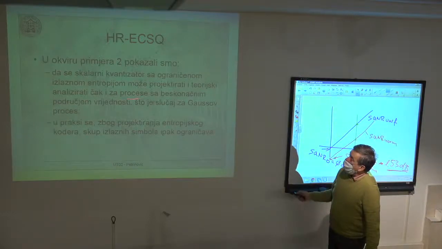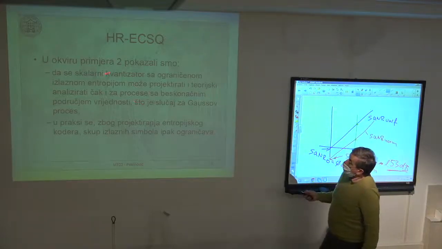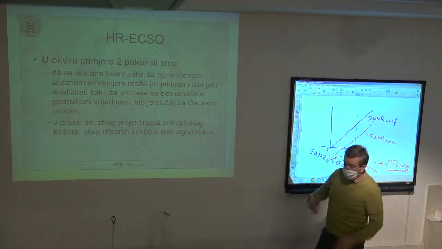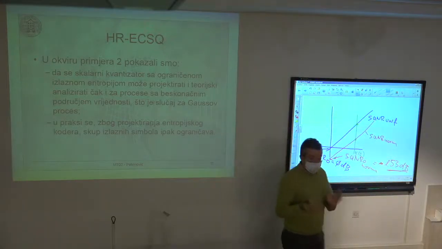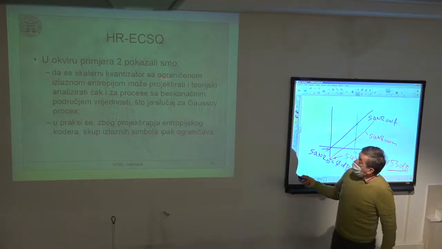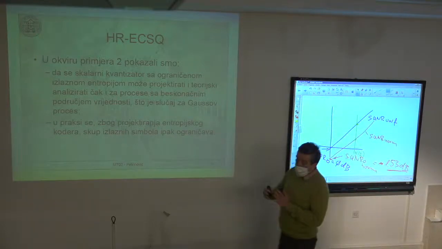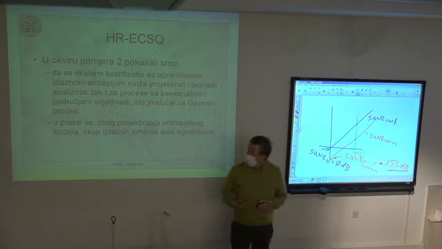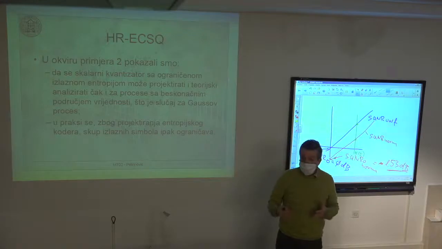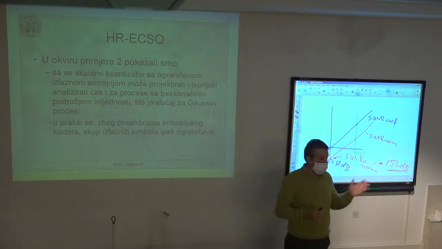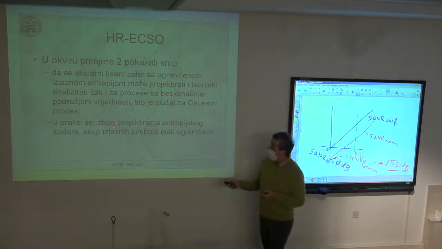Okay, so in these two examples, we have shown that the scalar quantizer that has bound on output entropy, because it combines the uniform scalar quantization with entropy coder, can be designed and theoretically analyzed even for processes that have infinite dictionary. So this process is real valued, but of infinite values. So from minus infinity to plus infinity, as is the case for the Gaussian process. While actually